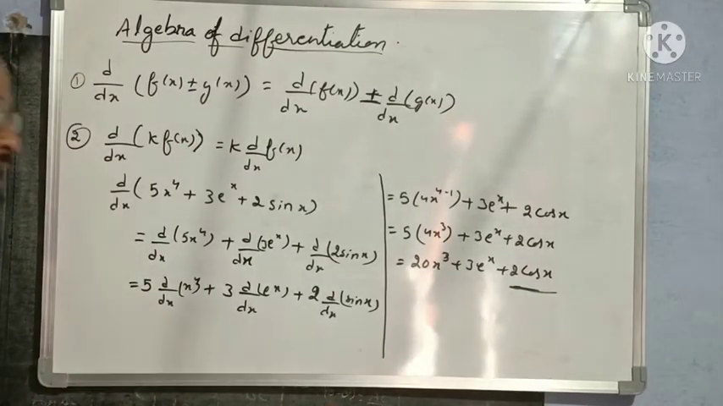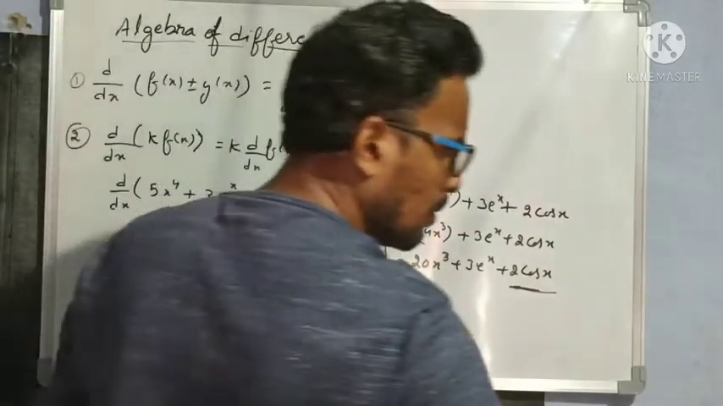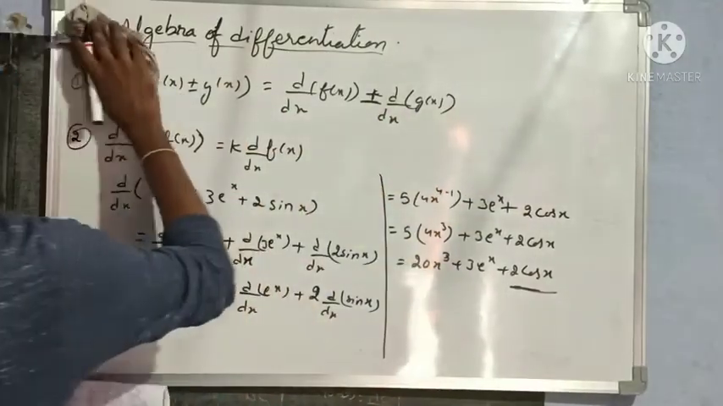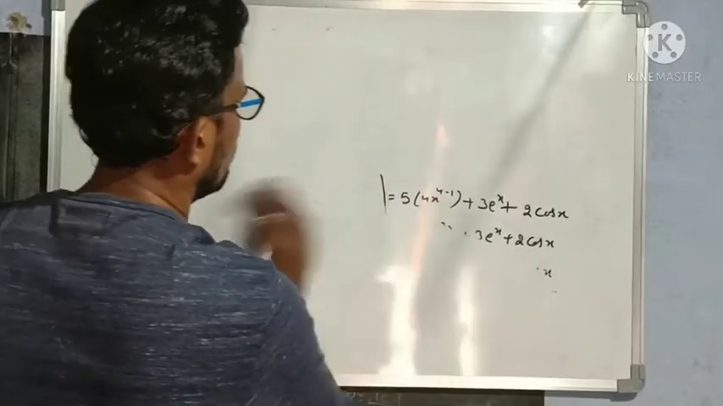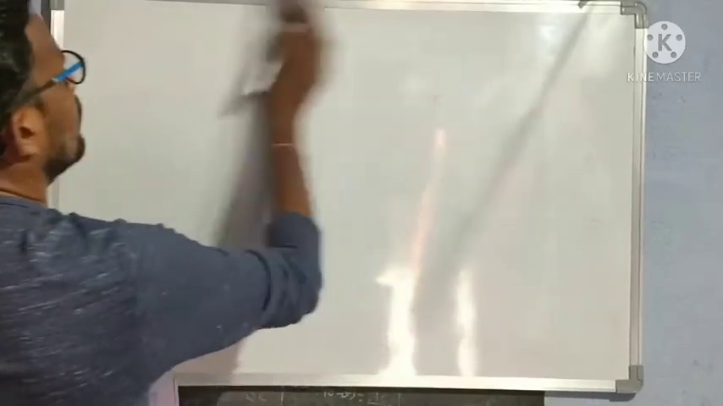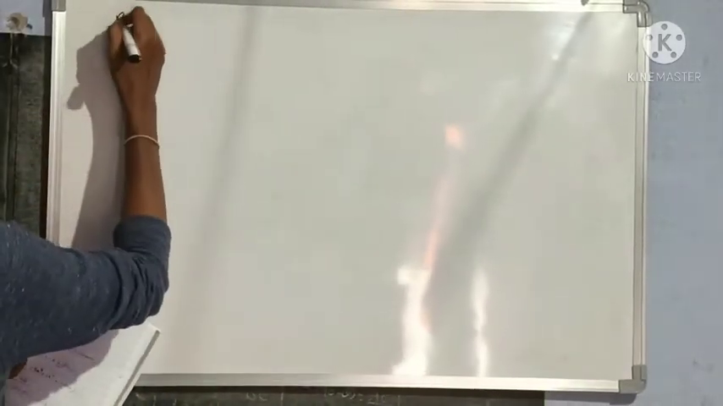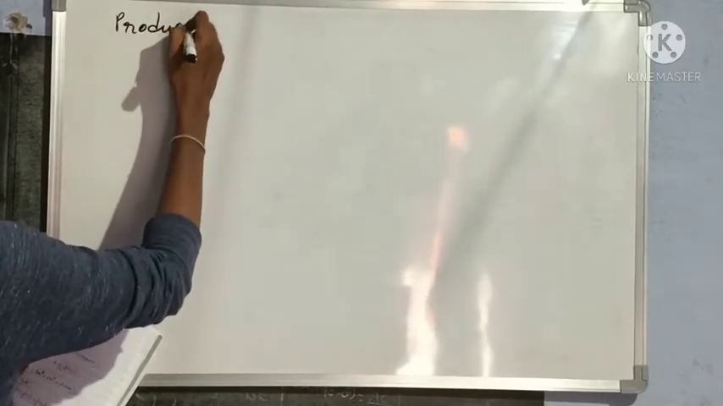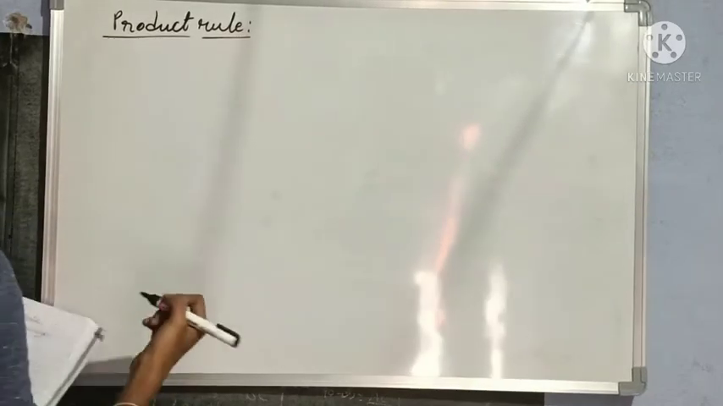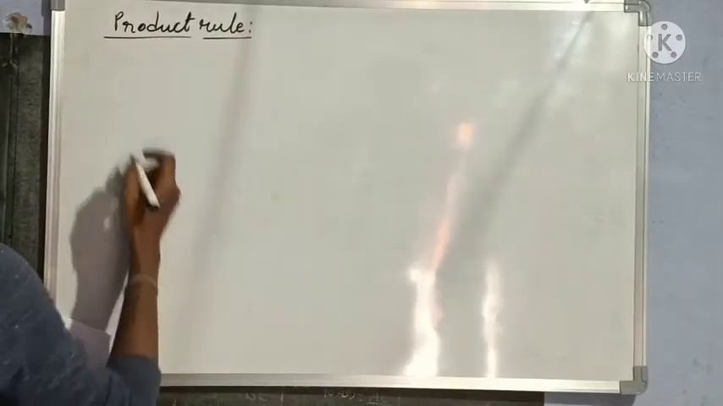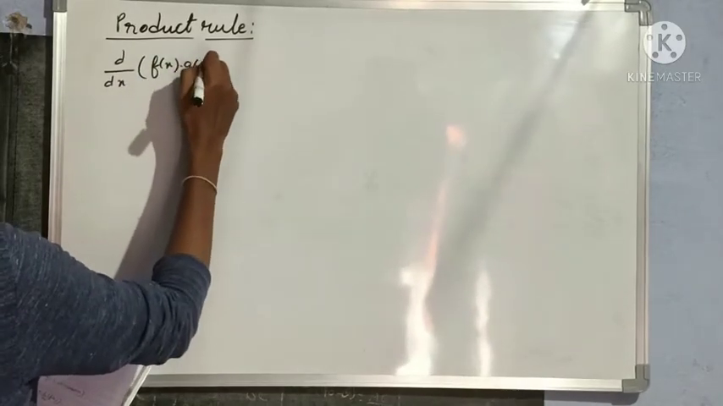This is how we have to do d by dx of k into f of x. Now let us move to our next rule, that is product rule. What is our next rule? Product rule. In product rule, we need to take at least two functions. So d by dx of f of x into g of x is equal to,